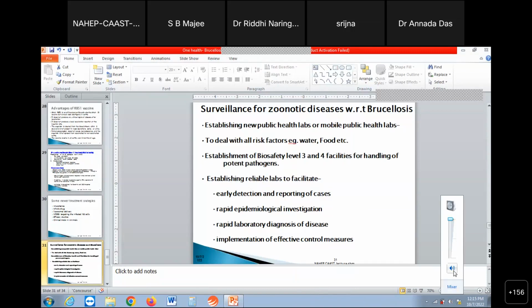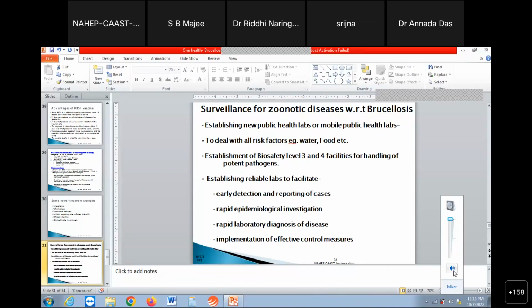Number one, we need public health labs or mobile public health labs. We need to deal with all risk factors, that is food, water, etc. So setting up biosafety level facilities for handling of brucellosis. There is one in the VPH department in Bombay Veterinary College. So that is one very important step towards trying to